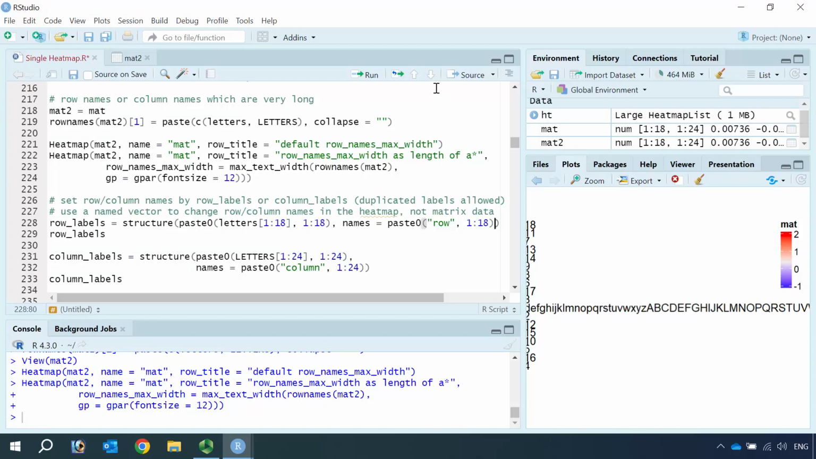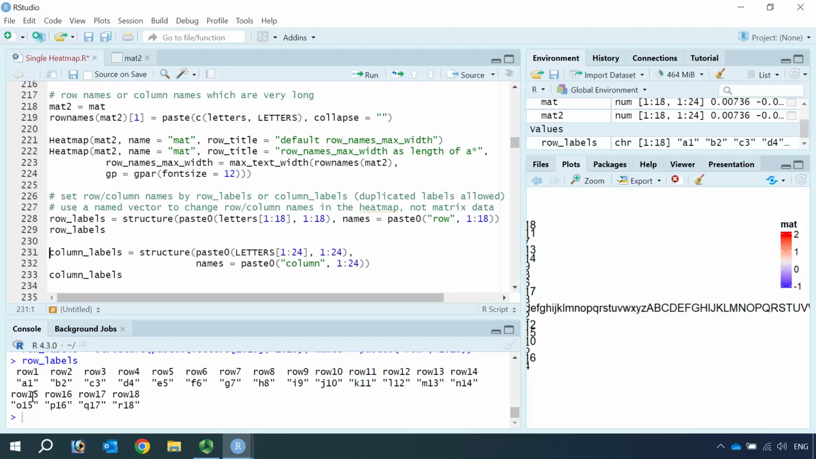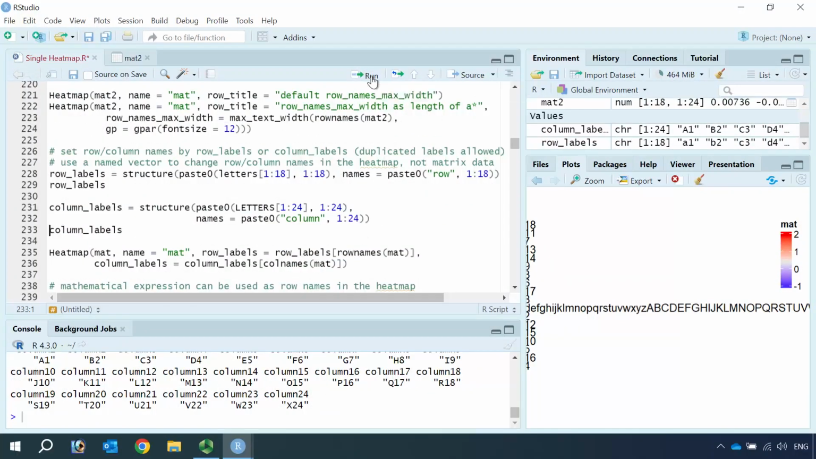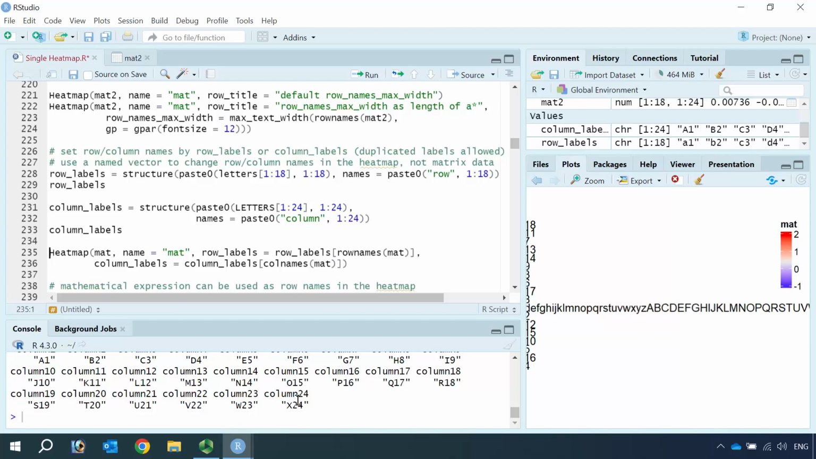Let's set the row labels and we can have a look at the row labels. You can see now row 1 is A1, row 2 is B2, until row 18 it is R18. And we can do the same for the column names. We have 24 columns, so now we can use the capital letters. Let's set the column labels and have a look at the column labels. You can see now the columns are shown from column 1, A1, to column 24 as